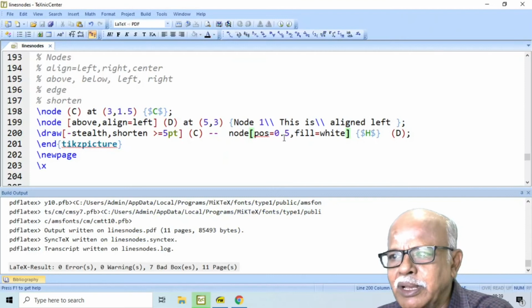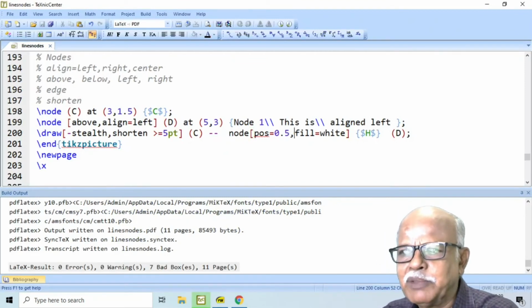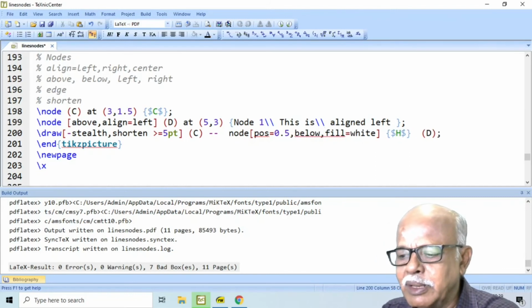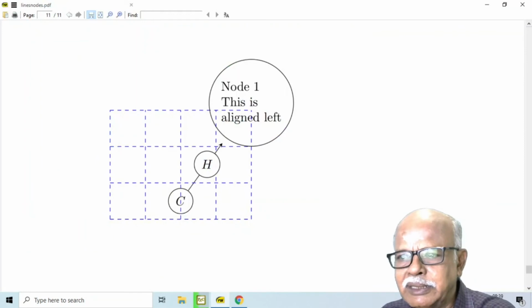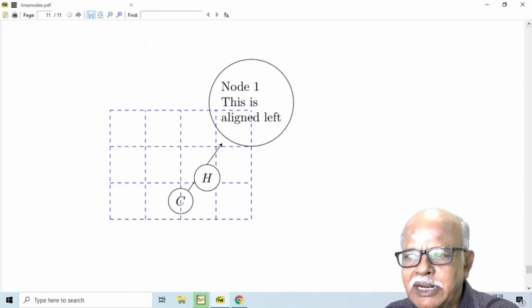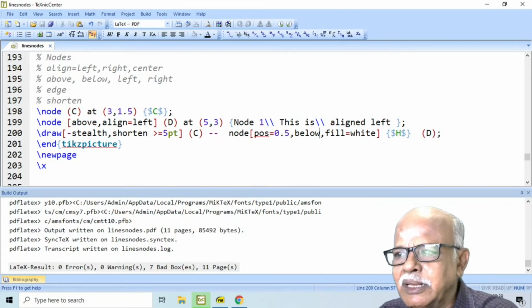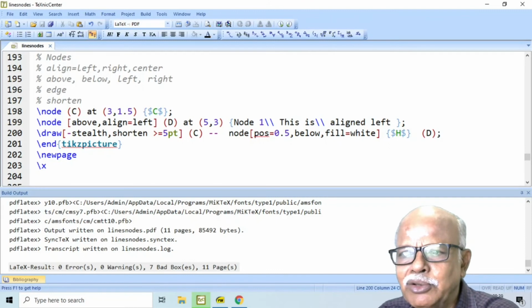Now, let us say node position is 0.5 below. Then it is moved a little further. Here I have used an option shorten.